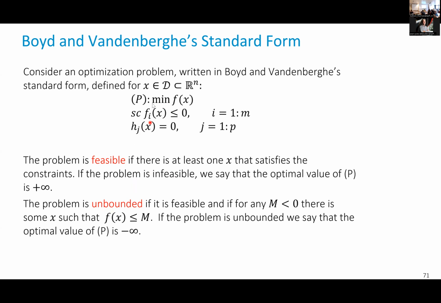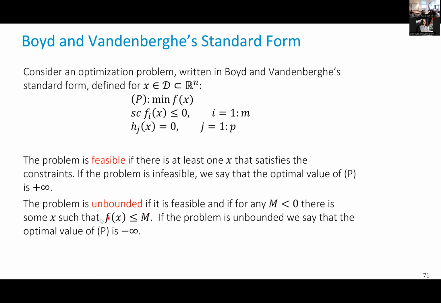Now, a problem like this does not always have a solution, even if it's feasible. We saw an example an hour ago when we had a minimization. We had T that was satisfying inequality constraints such that we could have T as negative as we wanted. So the optimal value in a case like this is minus infinity. We said that the problem is unbounded in a case like this. It's unbounded, which means the minimum does not exist, at least does not exist as a number. It exists if we allow infinity to be a number,